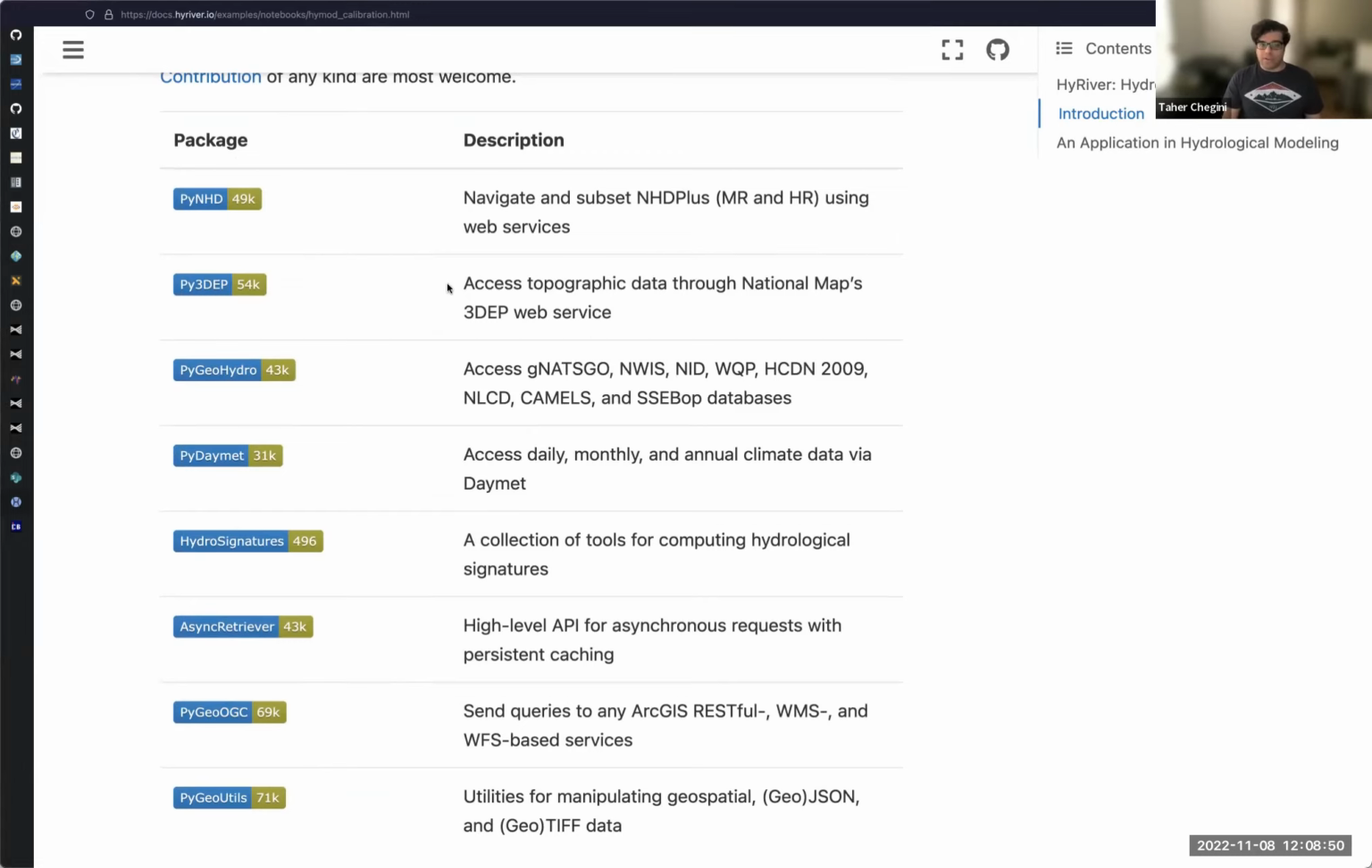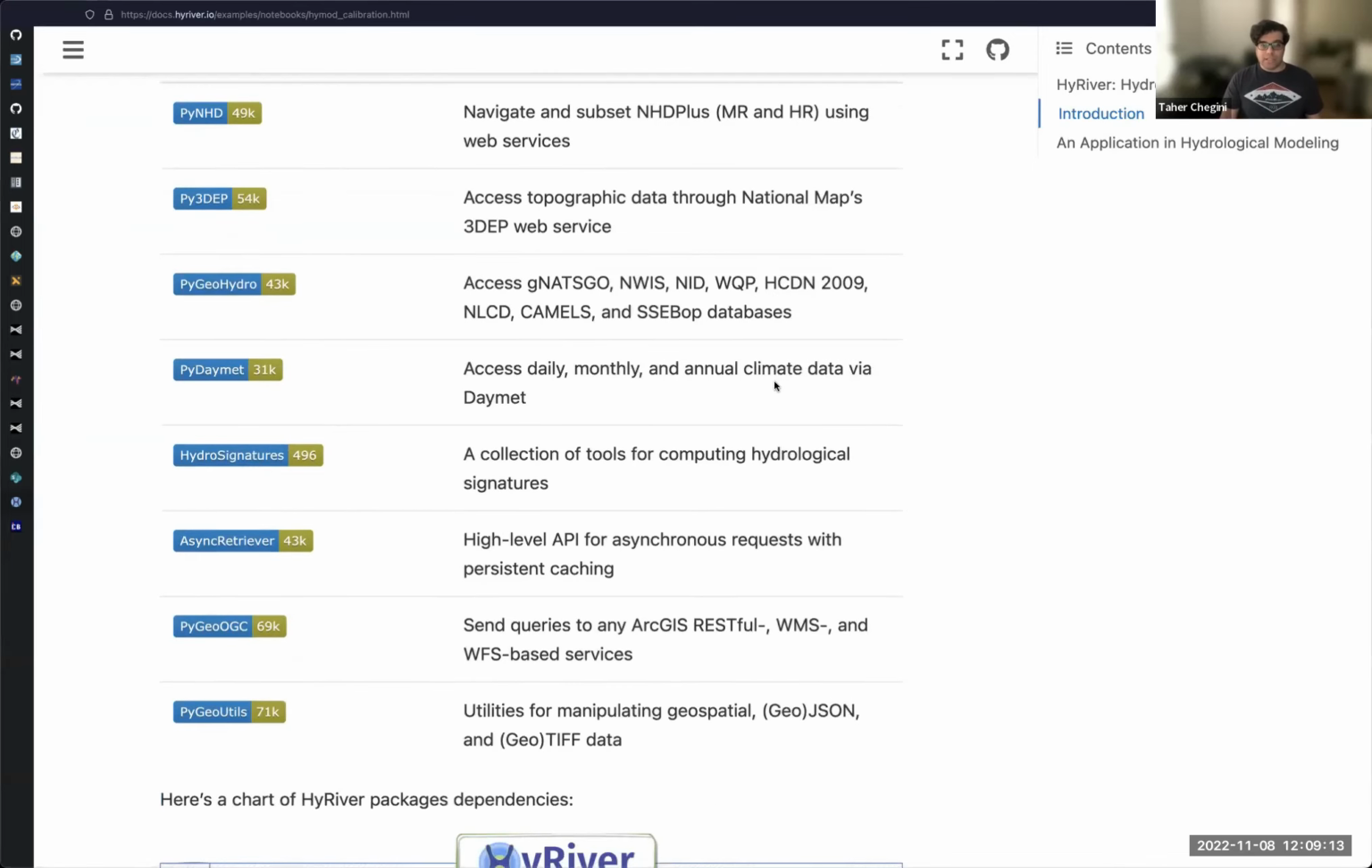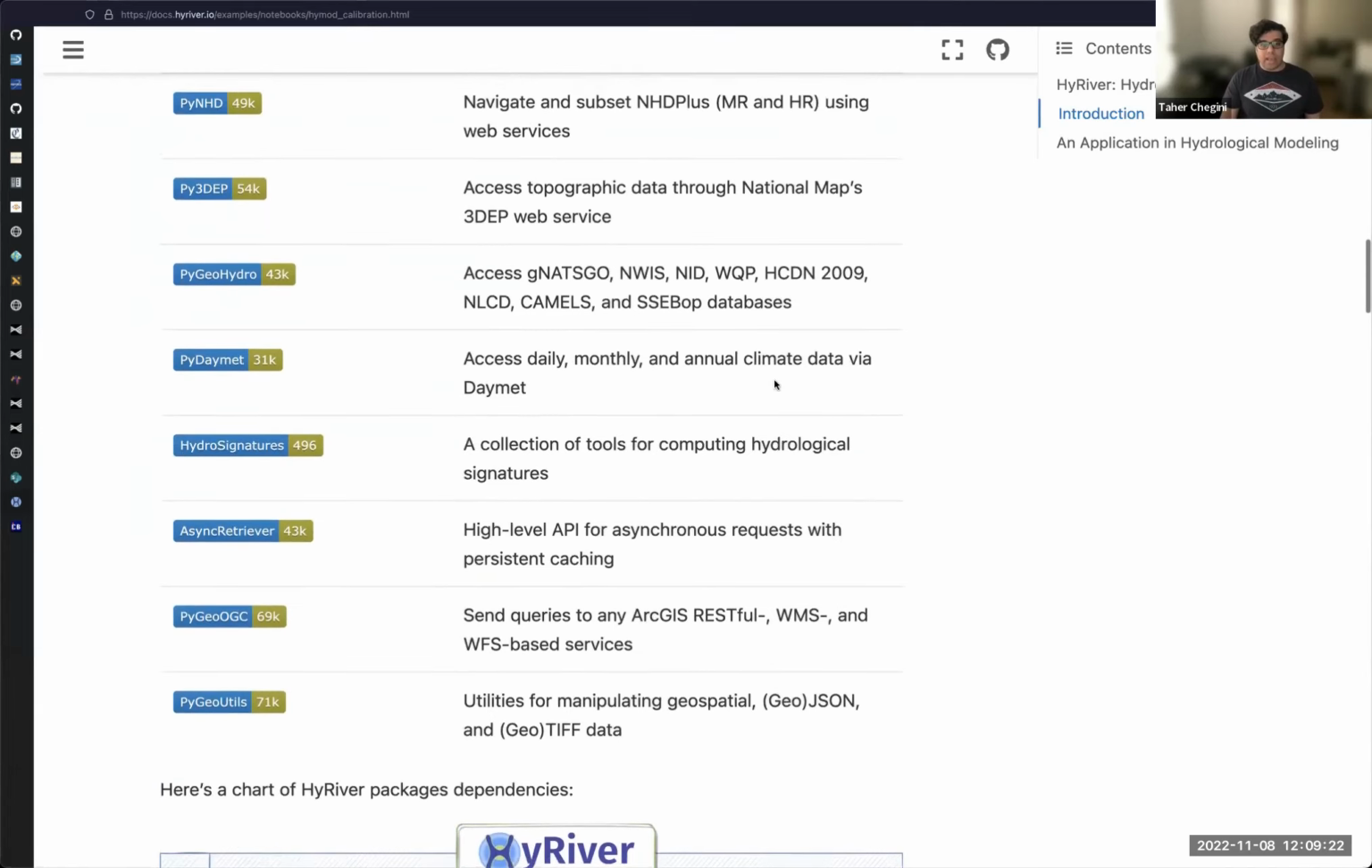Py3DEP is for accessing topographic data like DEM, slope, and aspect at any resolution. PyGeoHydro provides access to several datasets like soil, streamflow, gauge stations, national inventory of dams, water quality, hydroclimate data network, land use, land cover, CAMELS, and actual evapotranspiration. PyDaymet is for accessing the Daymet dataset, which is climate data at daily, monthly, and annual time scales. And the